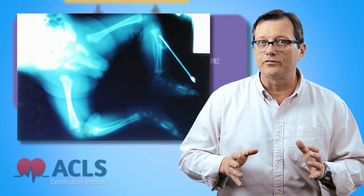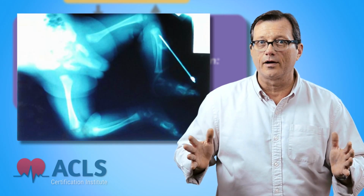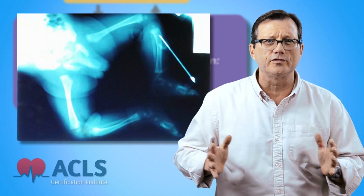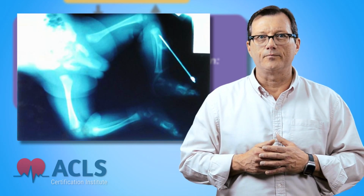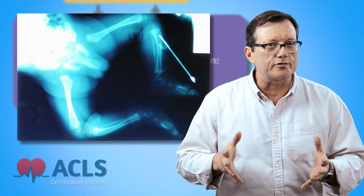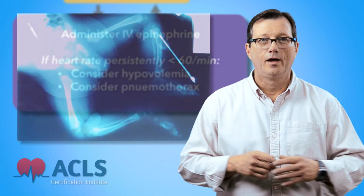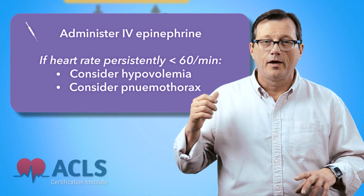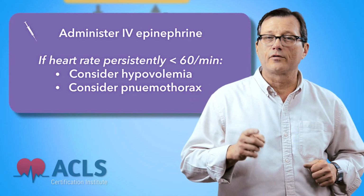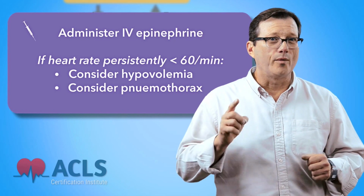So IO infusion technology has gotten better, and its use and people's proficiency and their comfort level with IO infusion has gotten much better over the last decade. So go ahead and start. We're going to have to gain vascular access. Start that IO. First drug up, epinephrine, 1 to 10,000, and our dose is 0.01 milligrams per kilogram, or 0.1